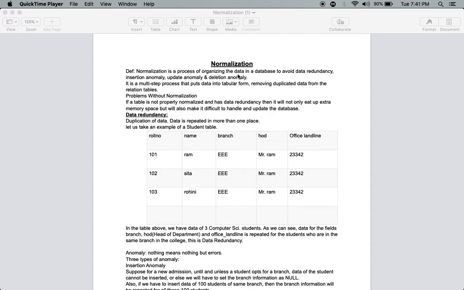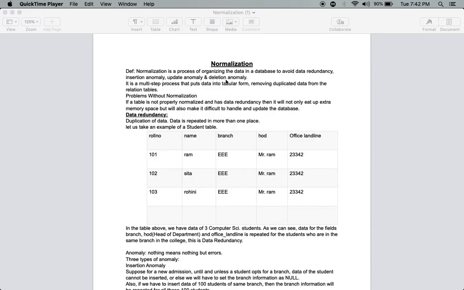Here we are organizing the data, arranging the data. Why are we arranging the data? To minimize data redundancy and anomalies. The anomalies are again three types: insertion anomaly, updation anomaly, deletion anomaly.